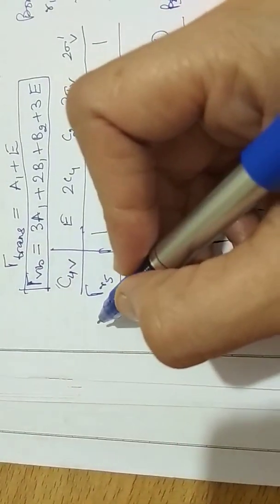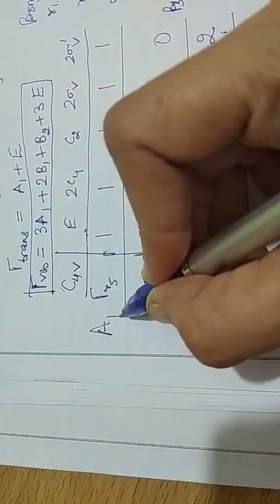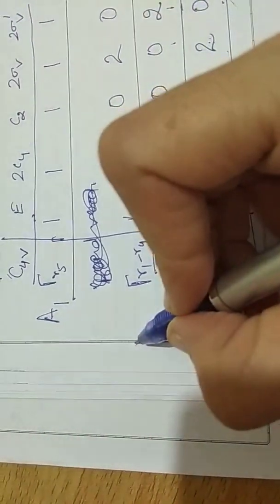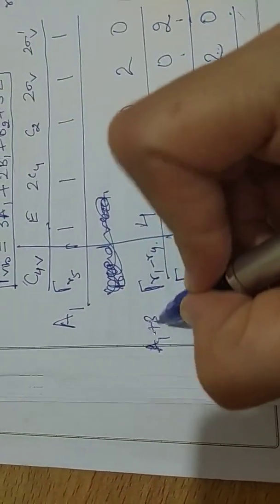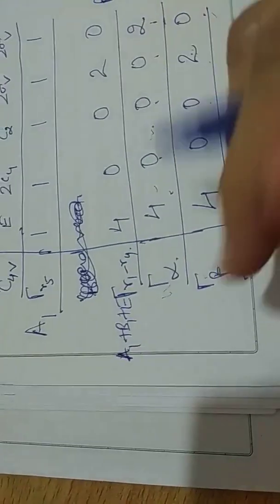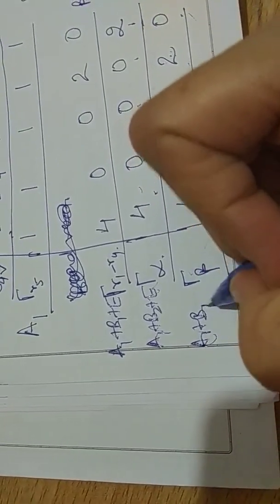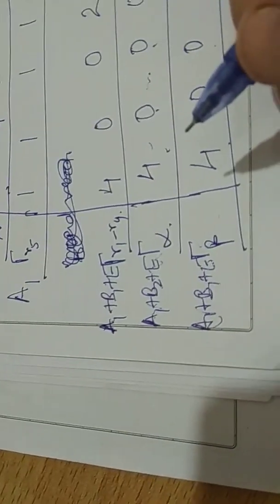IR, it is an IR mode. Here it is A1. In this case, when you compare from the character table, here it is A1 plus B1 plus E. Here it comes out to be A1 plus B2 plus E. And here again A1 plus B1 plus E. Okay. I'm using some gel pen, so just bear with it, okay? I should have used another pen. Okay, now let's do the calculation.